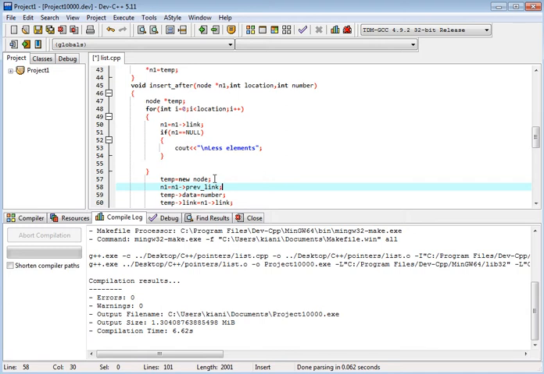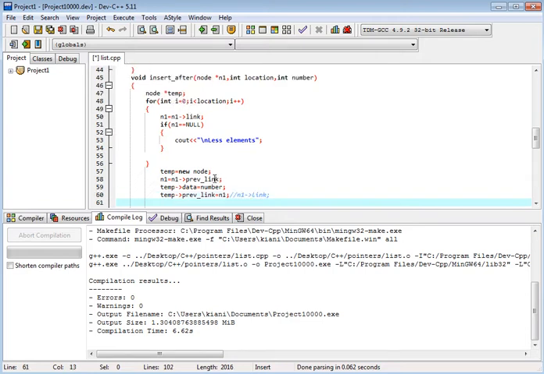Okay, previous link, then data, then temp previous link is equal to n1. Previous link will be n1.